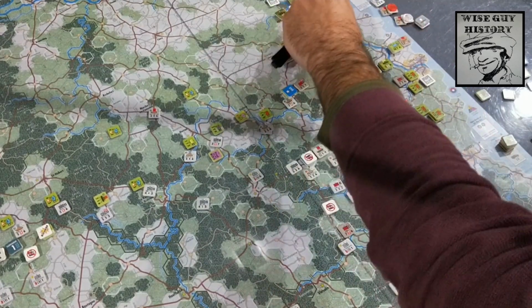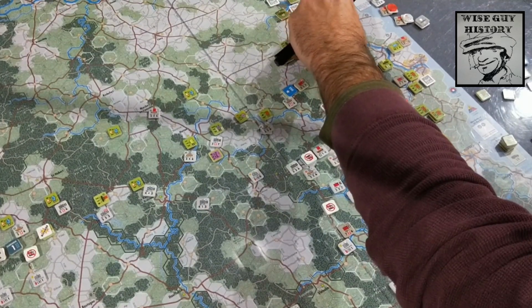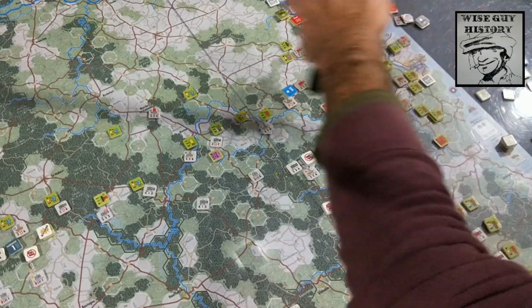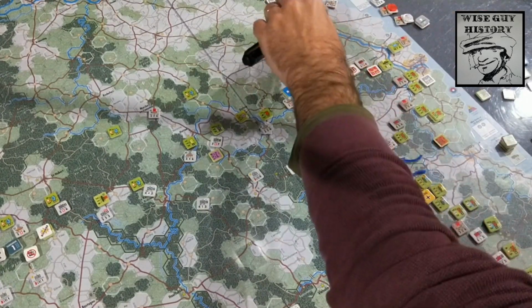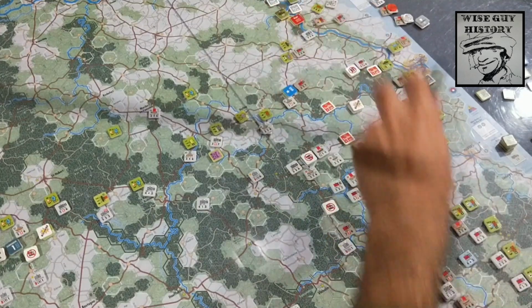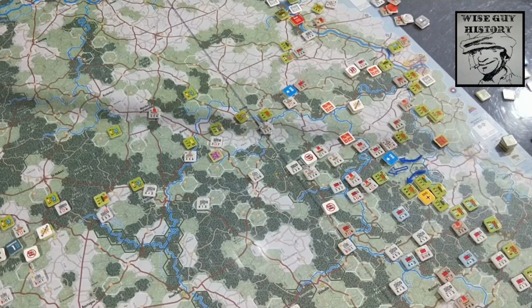Alright, and then one of these units, excuse my arm, it's a bit of a reach. These guys here, 1, 2 to disengage, and then 3, 4. Okay, so I've exited 24 attack factors from those entry hexes. I now need to protect. I'm going to do 2 things. I have to protect the flanks